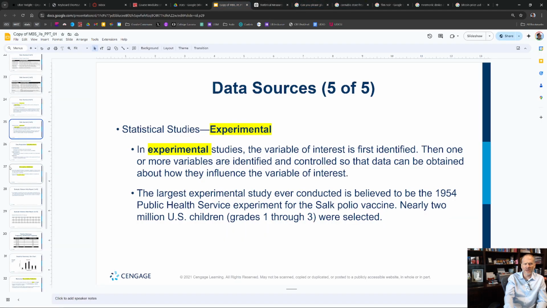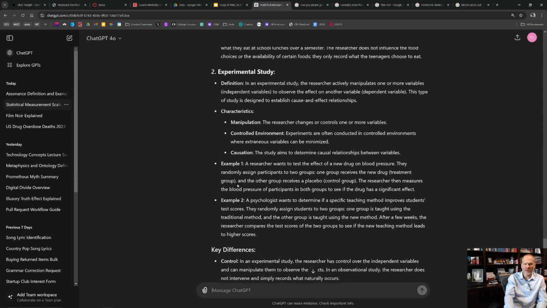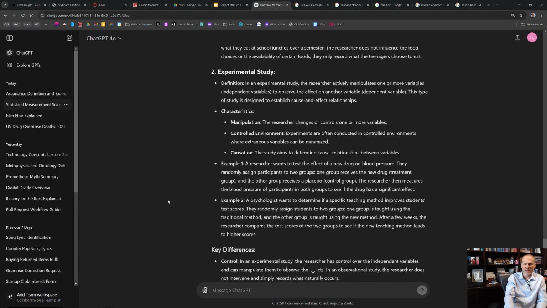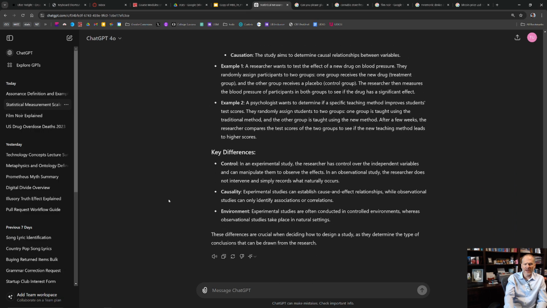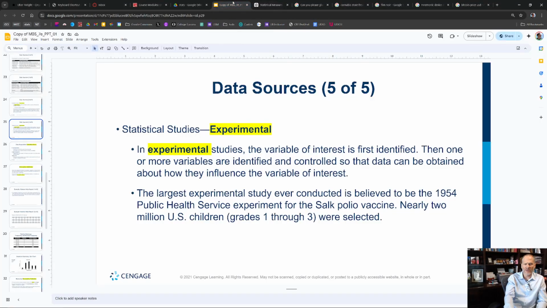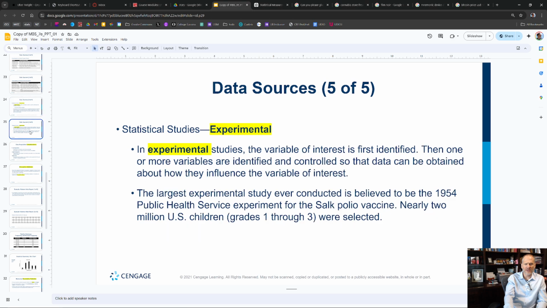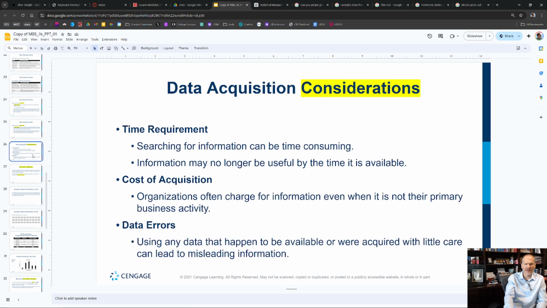So that will take a minute to wrap your head around, but that gives you a little bit of an introduction. And if you want to read through that again, you could pause the video right here, and then you could also pause the video right here, and then again right there, and you could read through those again. So that's an observational study versus experimental study.